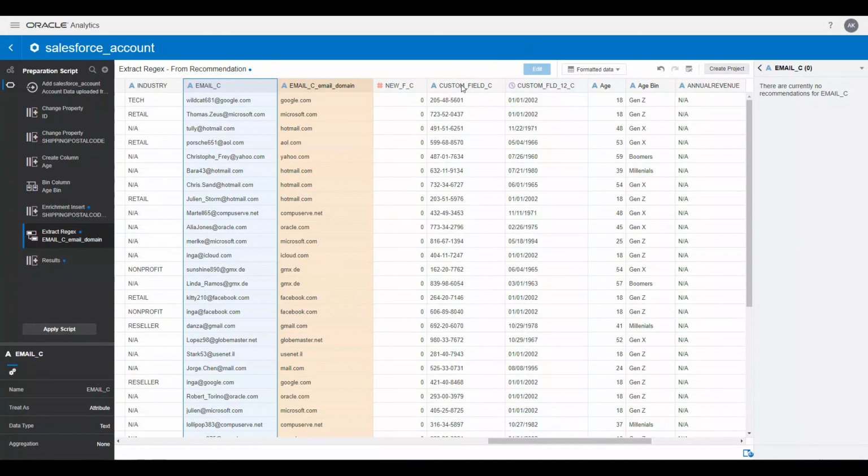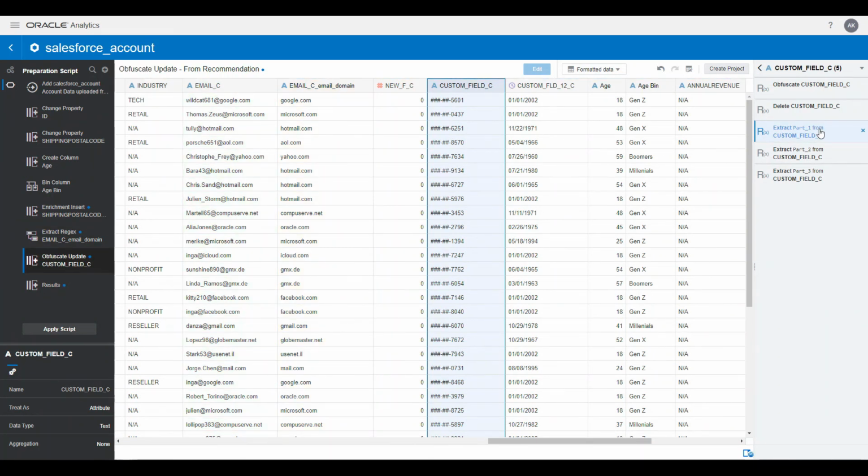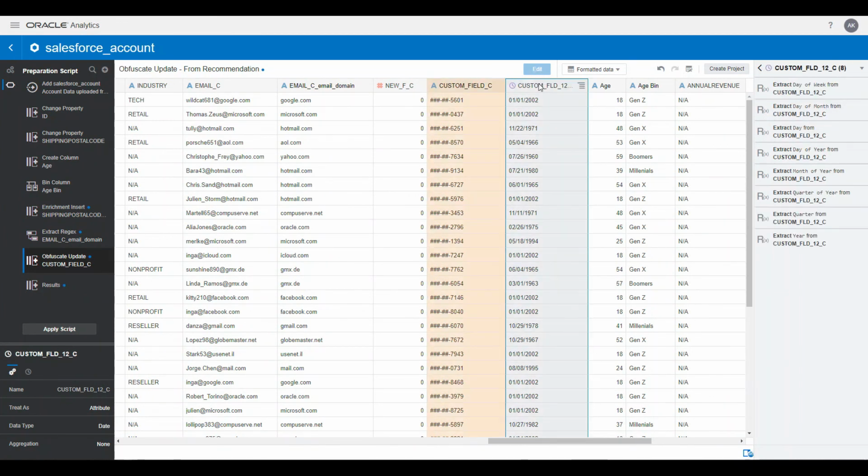And these two columns here are custom columns. You can't find anything from the field name, but if you look at the data, you can see these are social security numbers and the other one are dates, and it has recommendations for social security numbers. In this case, we want to obfuscate the first 5 digits to hide PII, personal information, from an analysis data set. The next column contains birth dates from our customers, and we want to use this column to calculate age